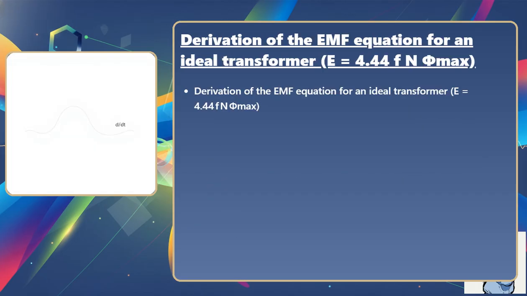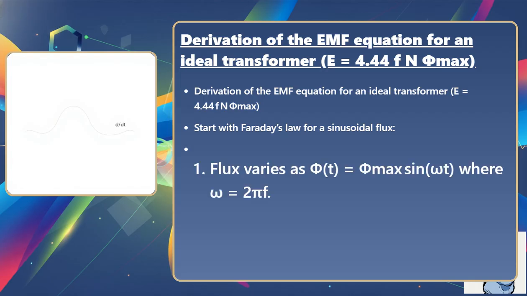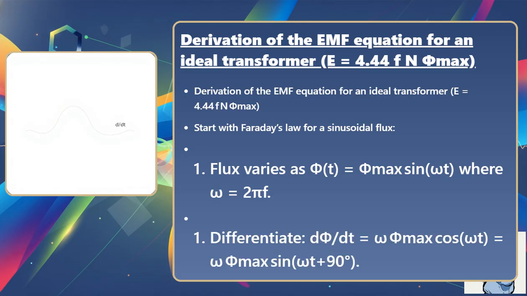Derivation of the EMF equation for an ideal transformer, E equals 4.44 F N phi max. Start with Faraday's law for a sinusoidal flux. Flux varies as phi of t equals phi max sine omega t, where omega equals 2 pi f. Differentiate: d phi by dt equals omega phi max cosine omega t, equals omega phi max sine of omega t plus